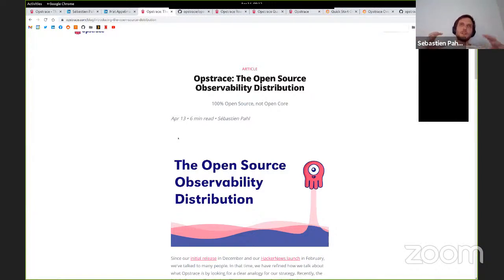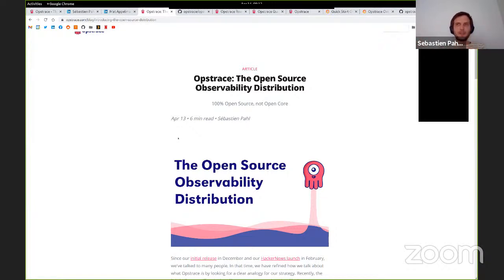A distribution says you can come and build together a platform that everybody will be able to use. A distribution says, we will be packaging things, we will be installing things for you, we will be helping you with upgrades, and we will put all the features in there that you need in one place and in an opinionated way.